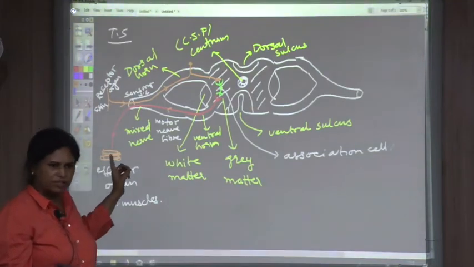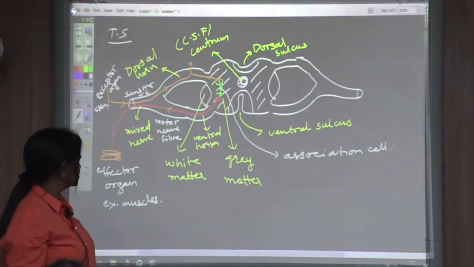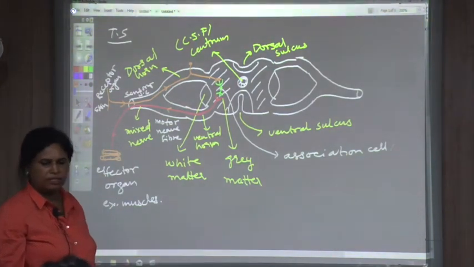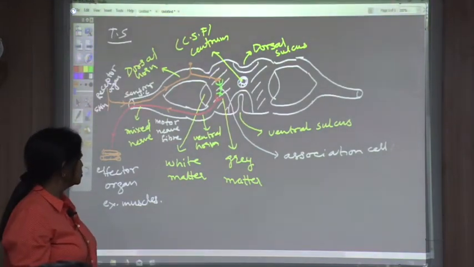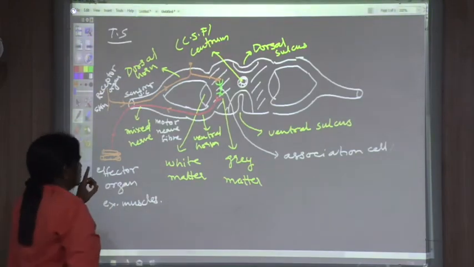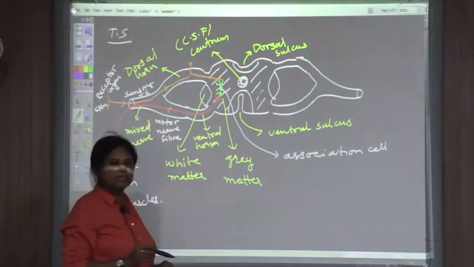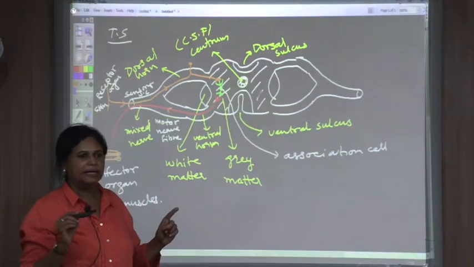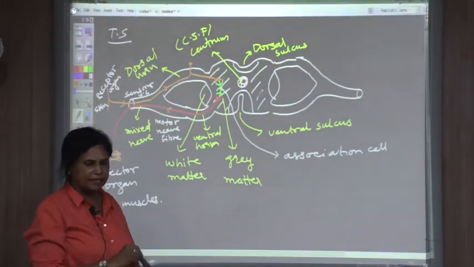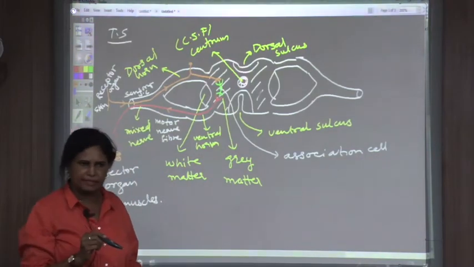So if a decision has to be taken in an emergency and the principal is not there in the school, so it is the grey matter of the spinal cord that will be taking the decision. So here suppose your hand, the skin of the hand, is touching a hot pan, so immediately there will be a nerve that is taking the message, the grey matter will be processing it, and finally your motor nerve will be carrying the response and your hand will be withdrawn. So such a kind of a fast reaction is called the reflex action.